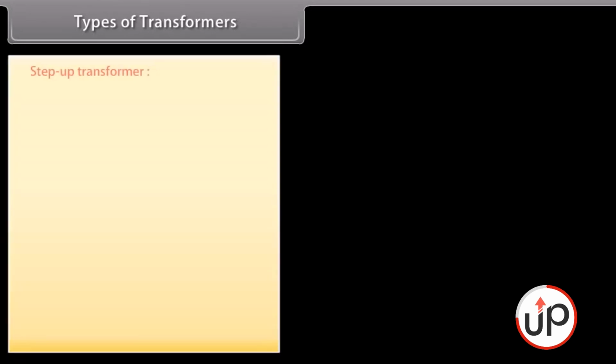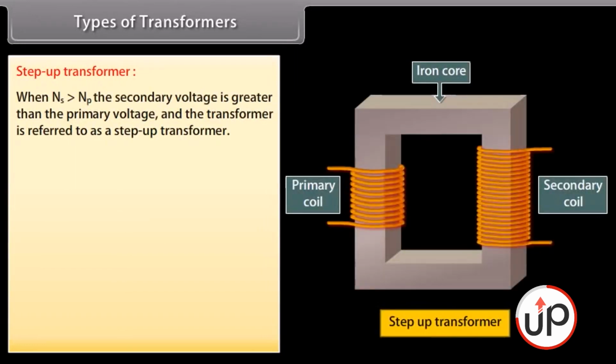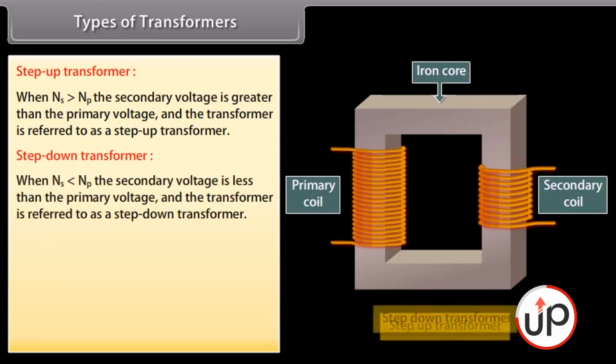Types of transformers. Transformers are of following two types. Step-up transformer. When the secondary voltage is greater than the primary voltage, the transformer is referred to as a step-up transformer. Step-down transformer. When the secondary voltage is less than the primary voltage, the transformer is referred to as a step-down